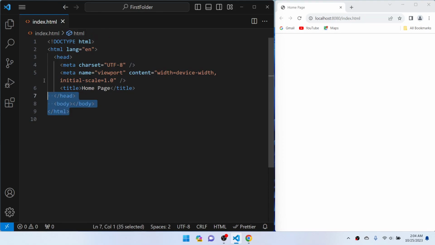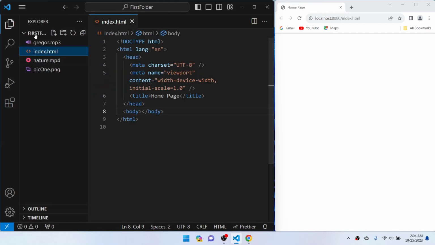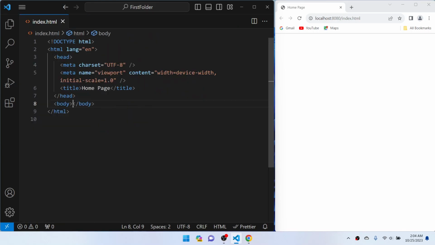So we have this basic HTML file in which we were working on, and this is located in the first folder, and we had a video, a picture from previous video, and I added an audio file. So you can add an audio file in your folder. Let me close this file menu and let's discuss the audio tag which we use to add an audio